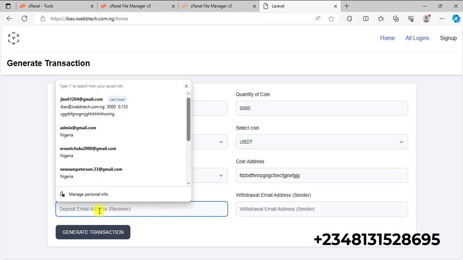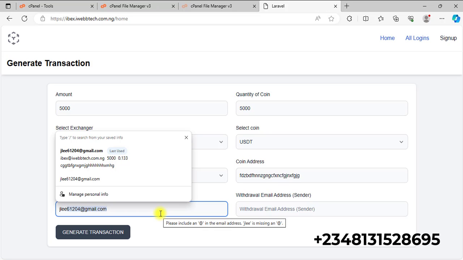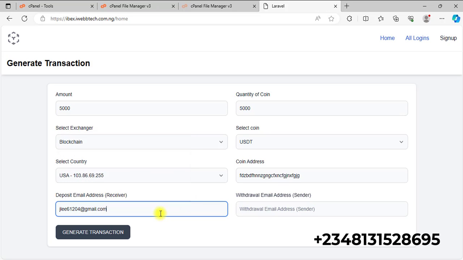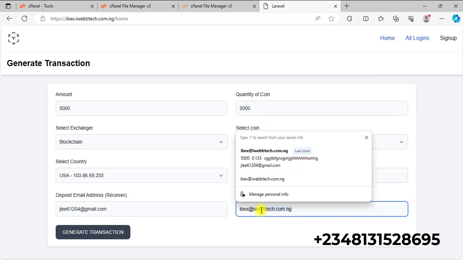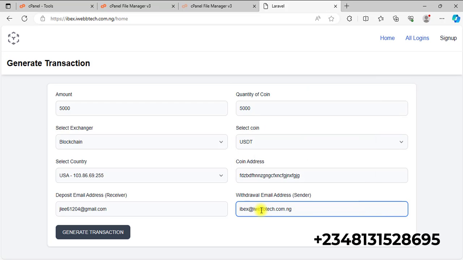Then this is the most important thing over here, the target email address. So I'm just going to click on that and enter the email address over here, and then I'm going to enter the sending address. All right, so when I click on generate transaction, you're going to see that the transaction notification is